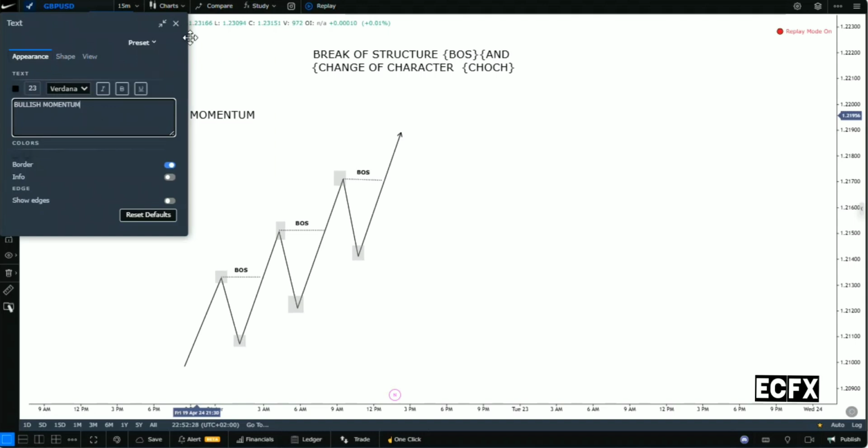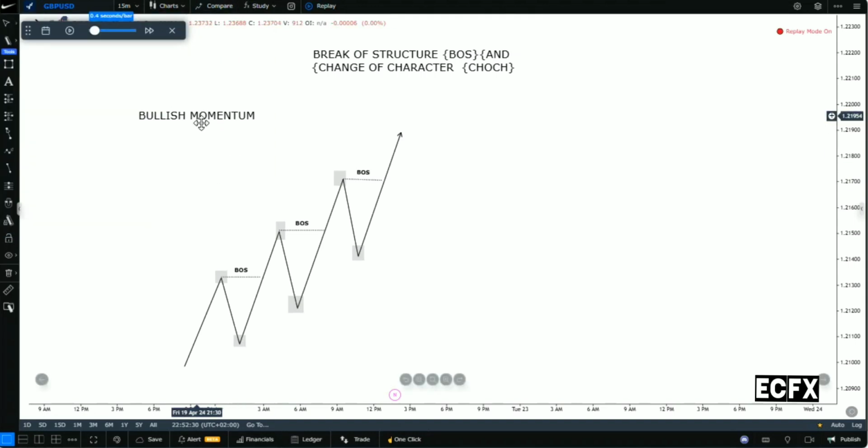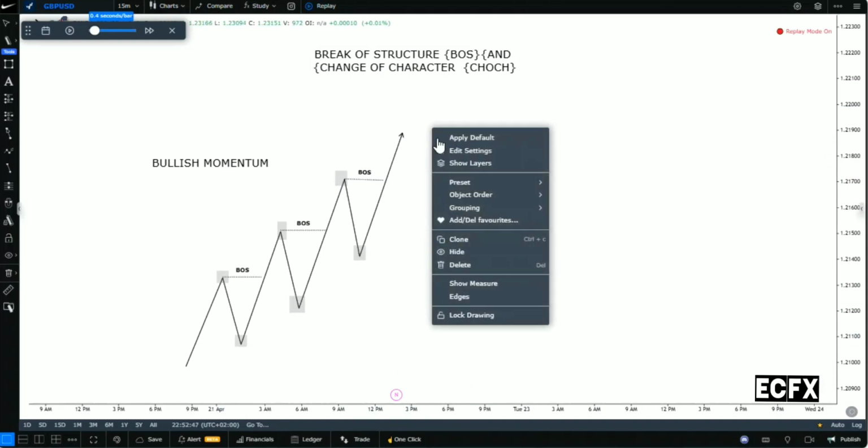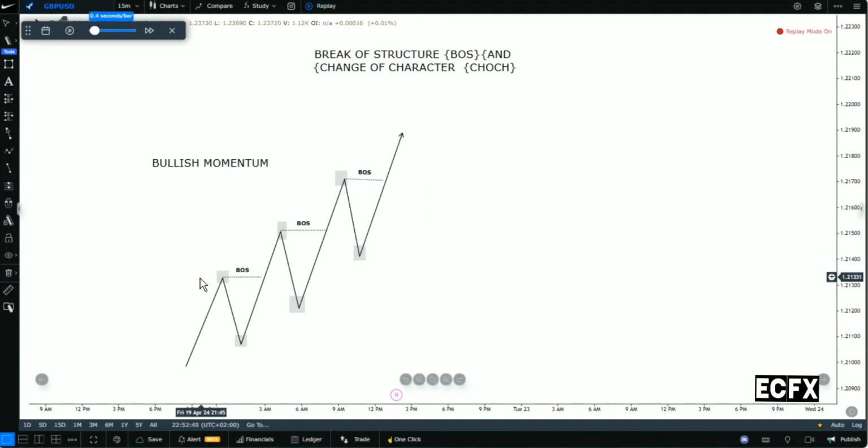Let me just write that out for you guys. So this here is bullish momentum, right? So from this low straight up till this high over here. So from this low to this high, we have bullish momentum, right? And every high that gets taken out is called a break of structure,